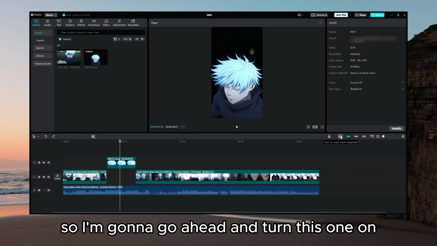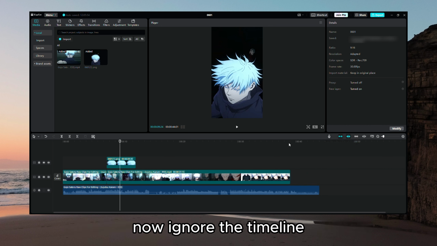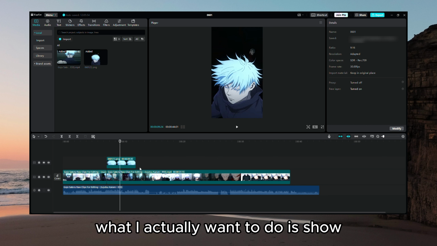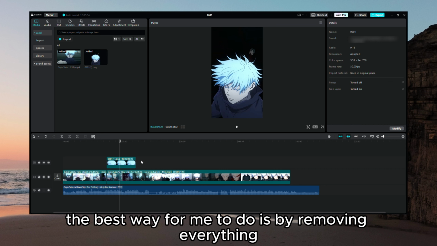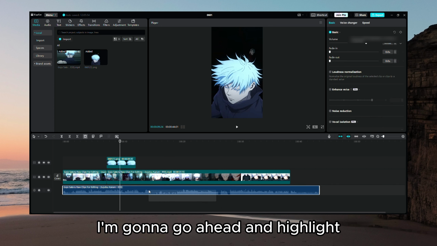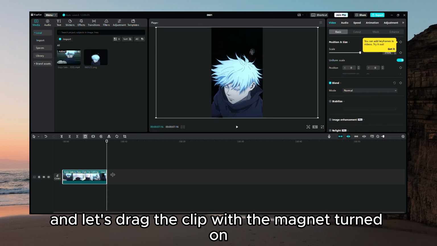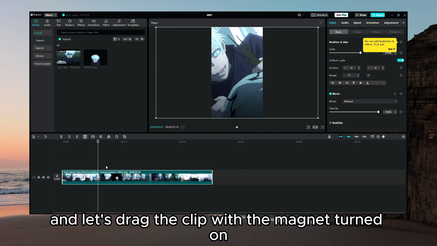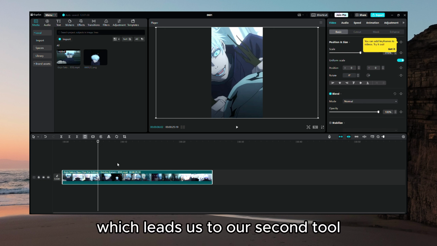So I'm gonna go ahead and turn this one on. You'll see my timeline changed dramatically. Now ignore the timeline. What I actually want to do is show you the function of the magnet. The best way for me to do it is by removing everything. I'm gonna go ahead and highlight all the unwanted drags and hit backspace, and let's drag the clip. With the magnet turned on, I'm gonna go ahead and start splitting and deleting, which leads us to our second